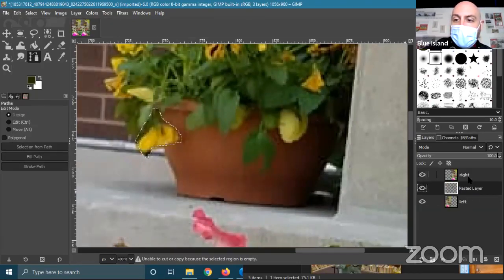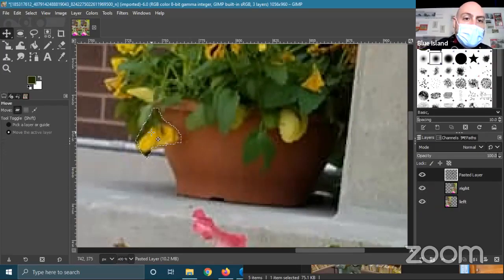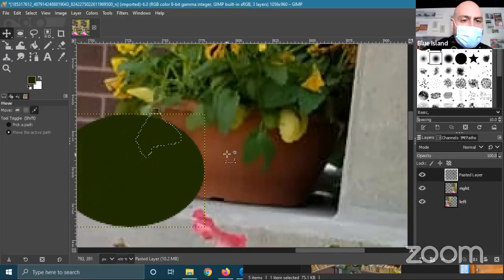Okay, so also this on the right here, this is sort of the hierarchy of what you see. So I want to make sure that the thing I'm going to paste is going to be on top of the layer that I'm going to put it over, because otherwise I won't be able to see it. So I just click the up and down arrow to change this order of operations here. When I move this, oops, I think